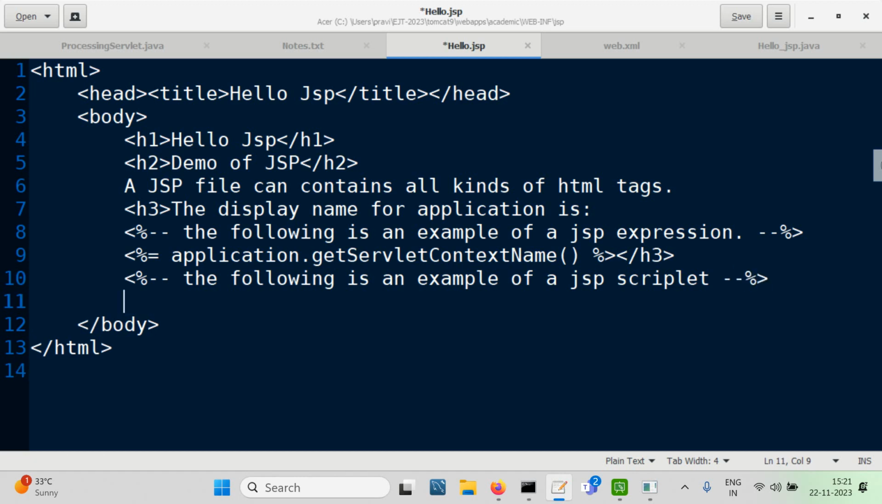Okay, to write a scriptlet, we use it like this. Don't put an equal to, that's it, space straight away. So normally we would put some kind of a block. Okay, this is some valid Java code. So whatever you put here will be taken as it is in the service method. So within the service method, after I have done application.getServe, so out dot, you understand, this is this one, everything